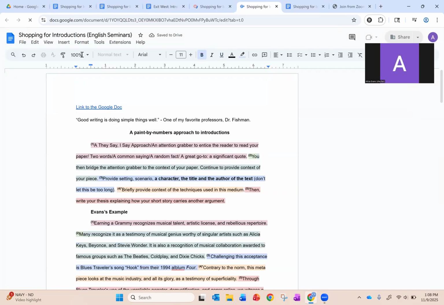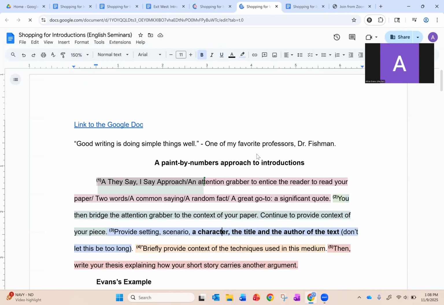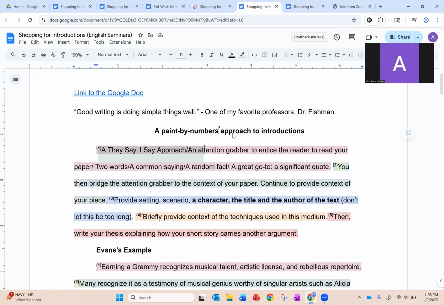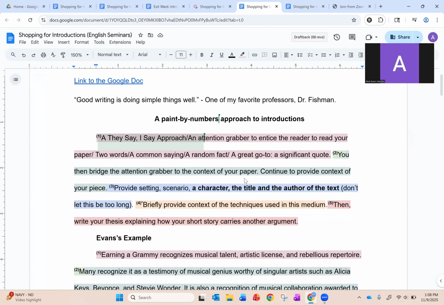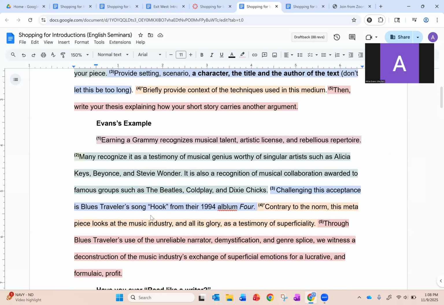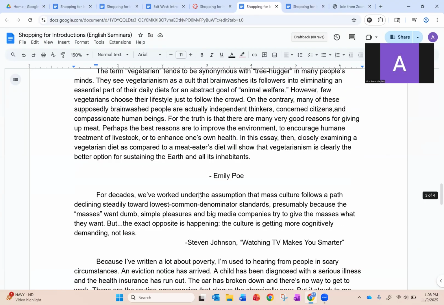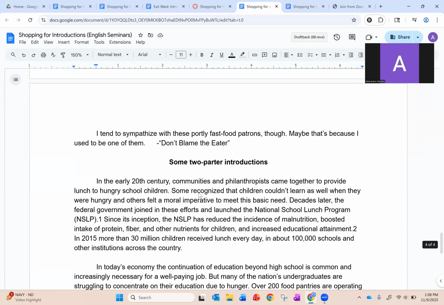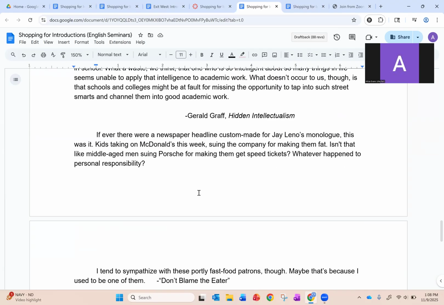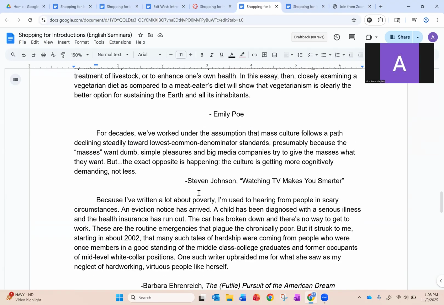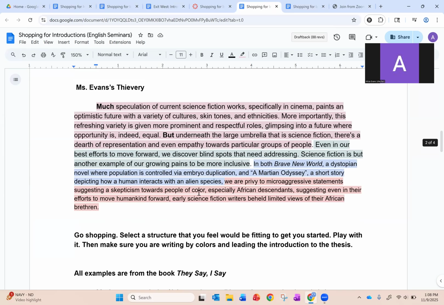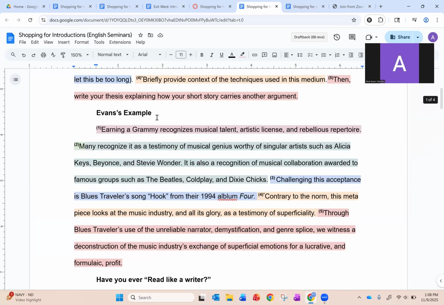Now, how I made this Google Doc isn't the be-all end-all, but I do like how it sort of has a recipe here for introductions when you do an I say, they say, I say approach. You'll see one of my examples here. And then all these other examples here are different types of introductions. Hence, you are going to go shopping for introductions. You're basically going to find a way that you can steal the structure, but you're going to change the content for yourself. Now, to think about it like a writing by colors approach,